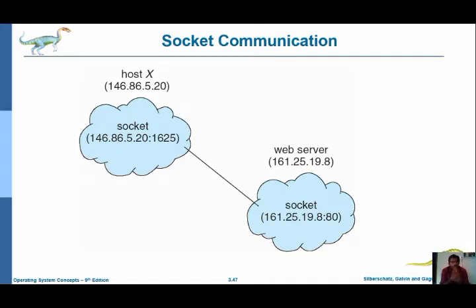Now we observe how to establish the socket communication. For example, there are two devices: host X and a server. The host IP address is 146.86.5.20 and the server address is 161.25.19.8. Whenever the host sends a connection request to the server,